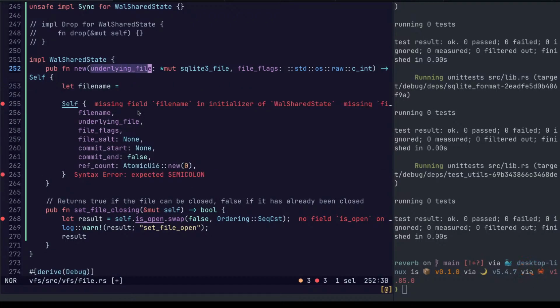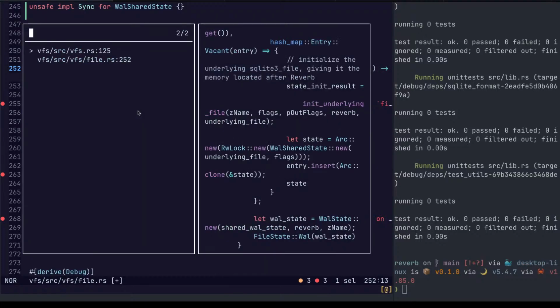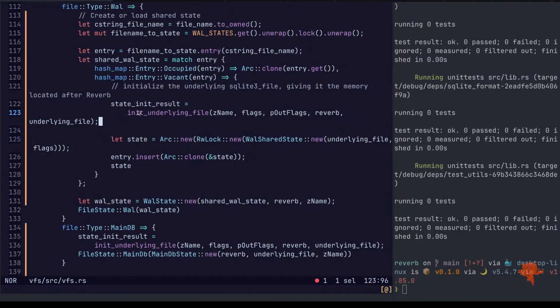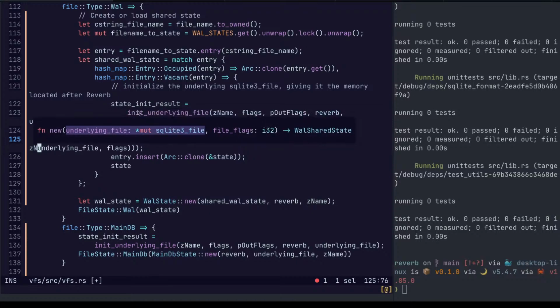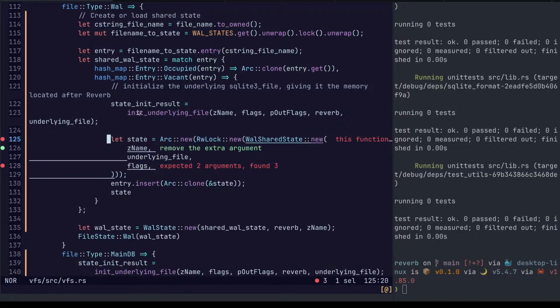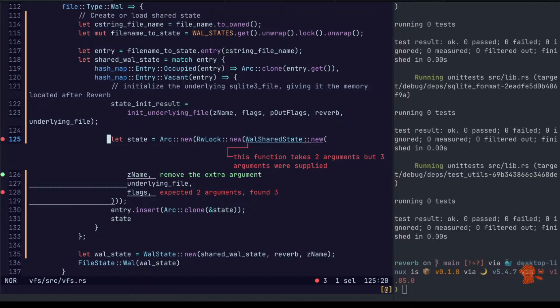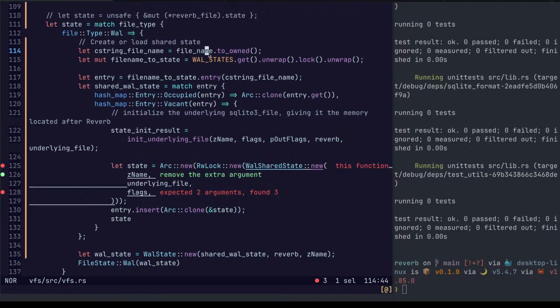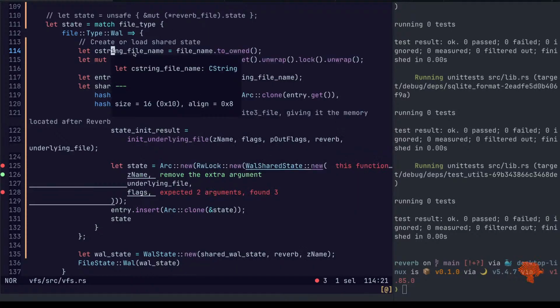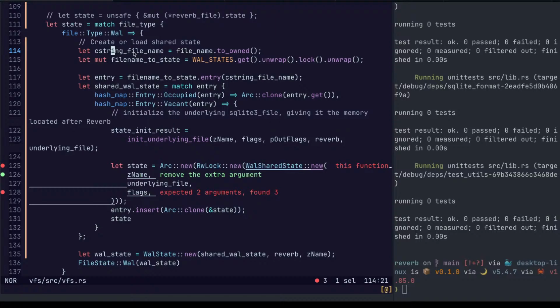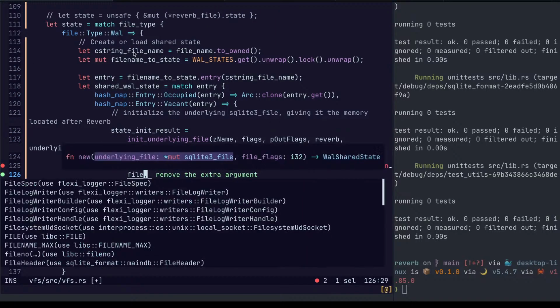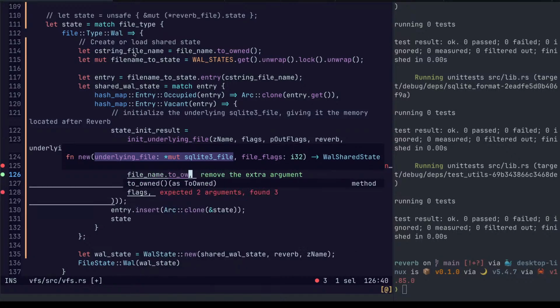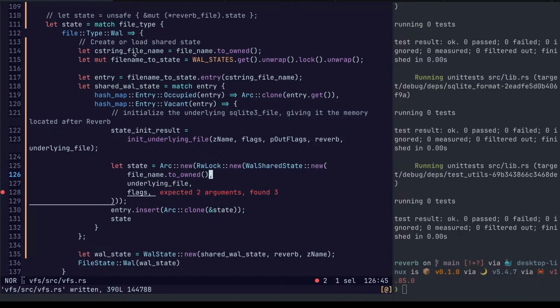File name. What do we have available? We have Z name. Something like that. And Z name. Oh, we could pass that in. C string file name, to own.